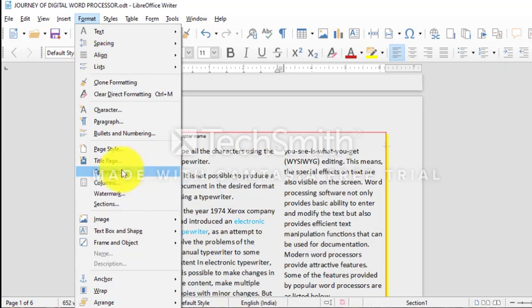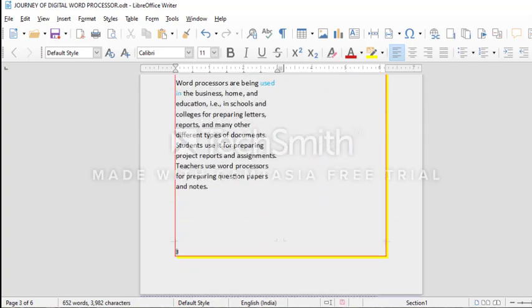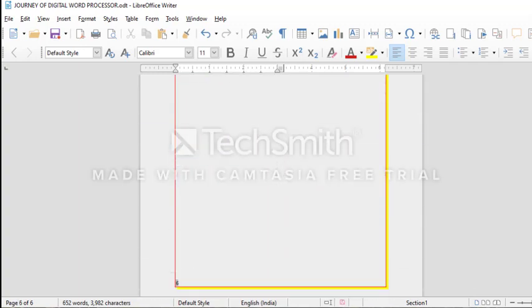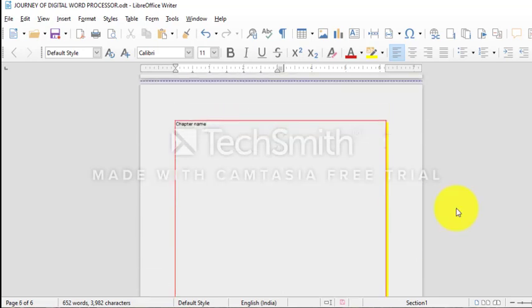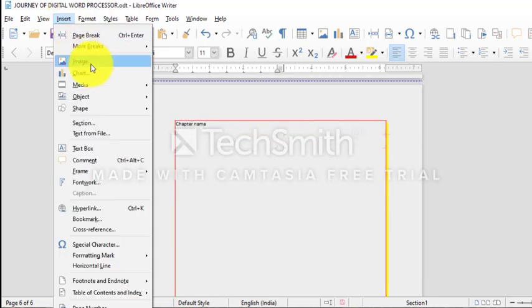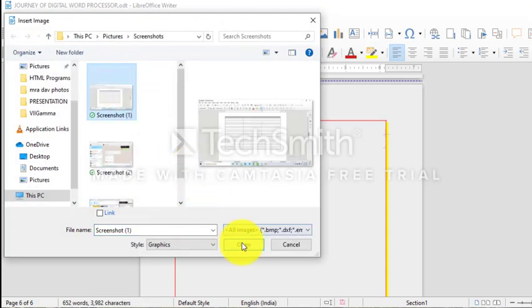Next is formatting the shape or image. You can format the shape or image inserted in the document. You can set its size, color, add borders, change its position. That we have already seen, right? We have seen over here how to insert an image. Go to Insert, Image, select the image, open it. It will open.